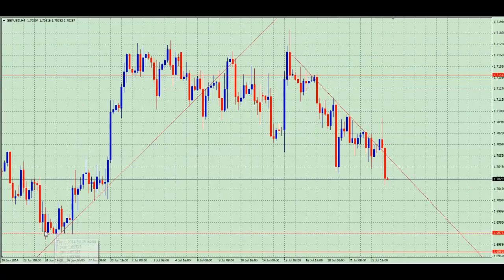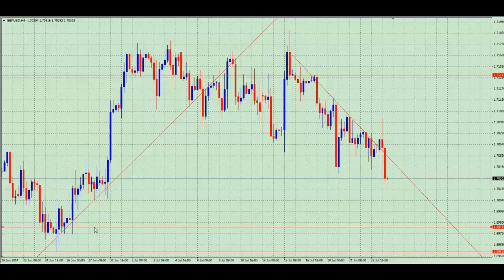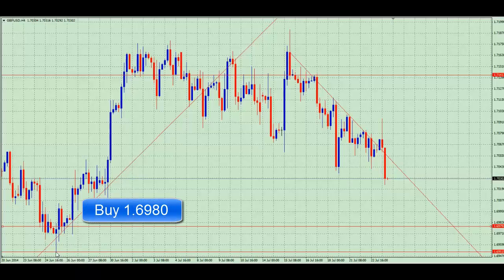So looking at this, we have our entry down here, this line across the bottom. We're looking at that area for our entry. We may want to adjust it a little bit and bring it up a bit just to make sure that we do get triggered, because if you look, there's quite a lot of sideways movement here. This is the odd one out with this very long wick that pushes down here. We need to have our stop below this, and so therefore we're looking at an entry of the 169.80, and then if we go down here, the 169.50 is the bottom of this area,